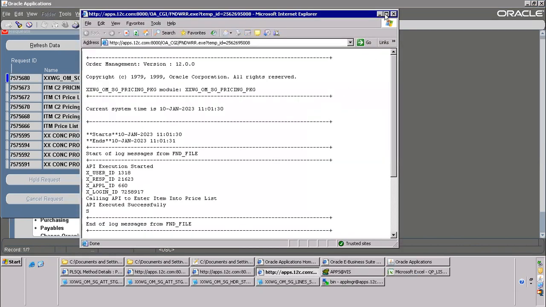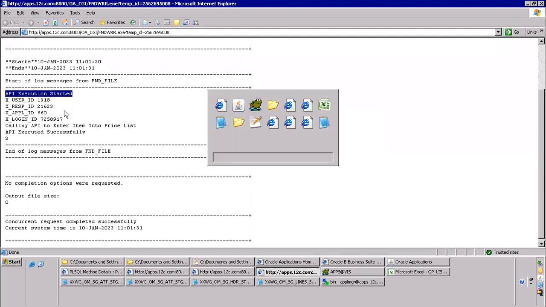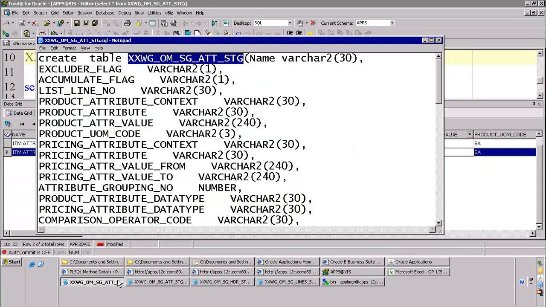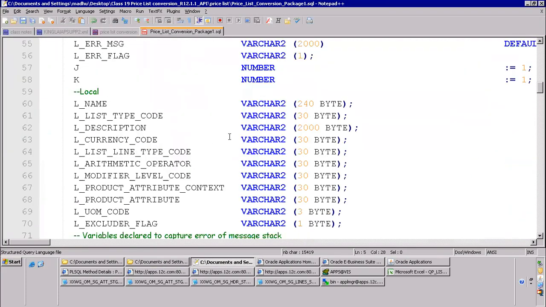View log. Read this message: API executed started. This is how it is printed here, by using this. Your package, where is the notepad? Yeah, here. Because of this